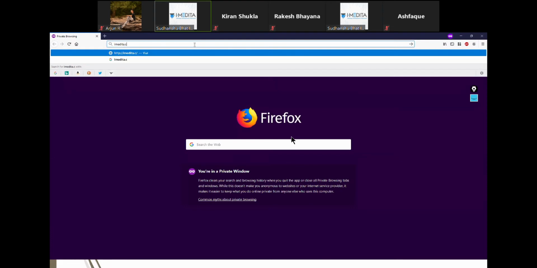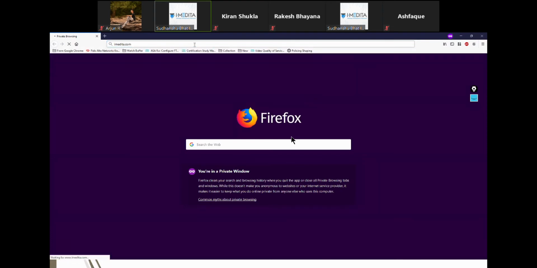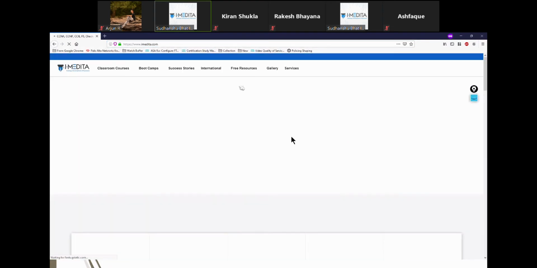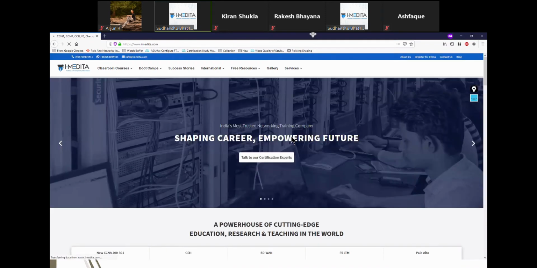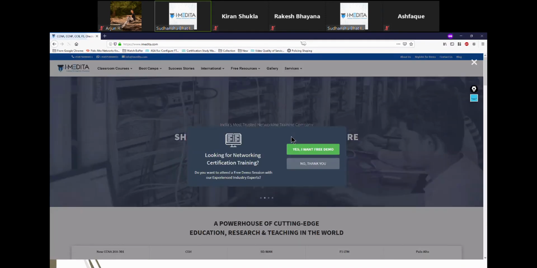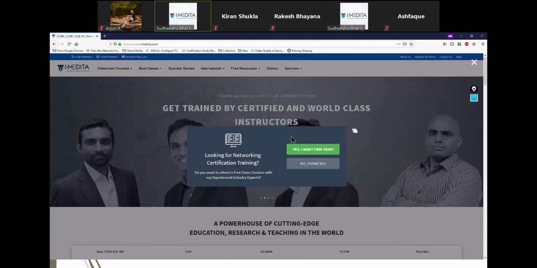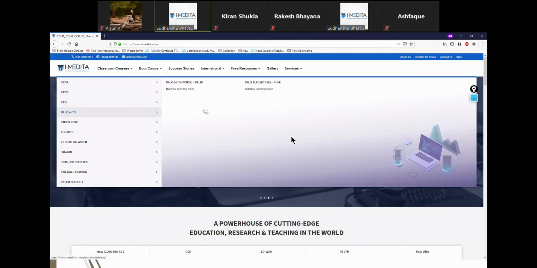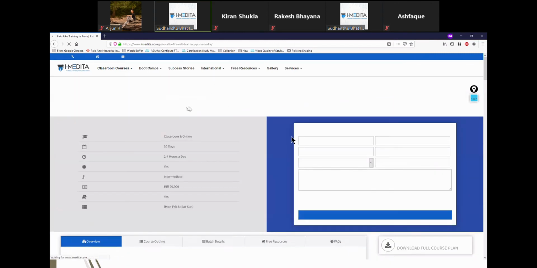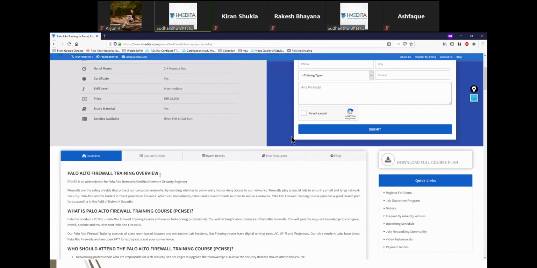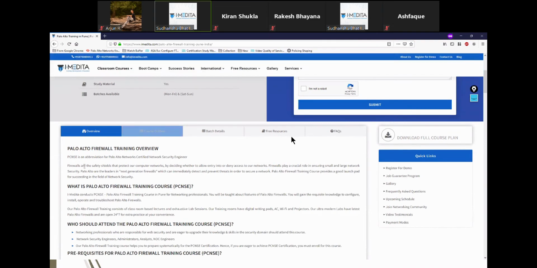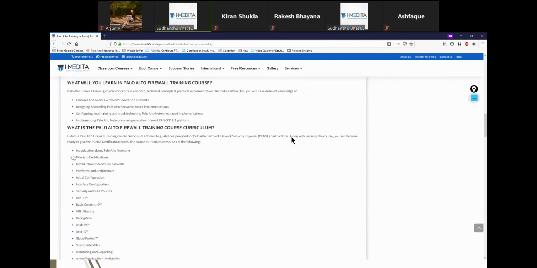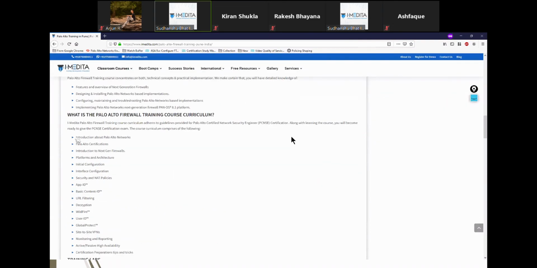It's all mentioned on the website, but I'll clarify for everyone to be on the same page. Doesn't matter whether you open Delhi or Pune. If you go to this course outline, these are the highlighted points here.